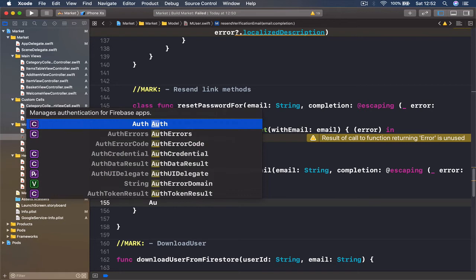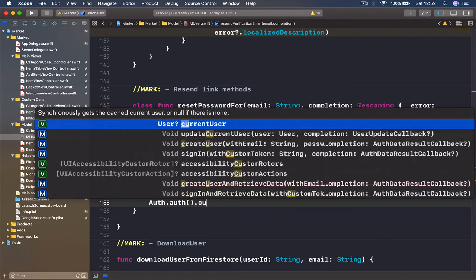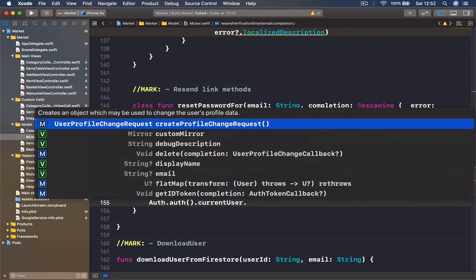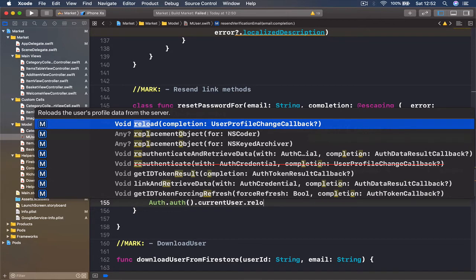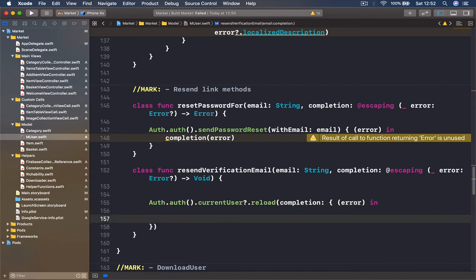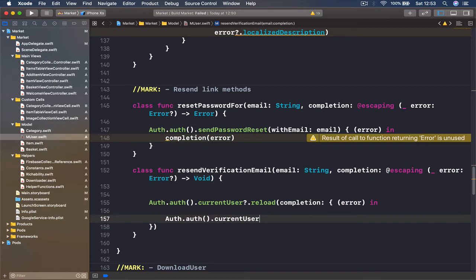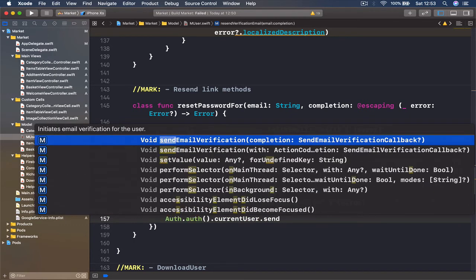So again, we access our authenticator, I say auth, and then I'm going to access the current user, and we say reload, and we're going to just reload our current user and just hit on a completion and pass an error here. Because in order to resend the authentication, we need to get access of the current user. And just to refresh, so we can see that our current user is still logged in, but his email is not verified. Then we access our authenticator again and say current user dot send verification